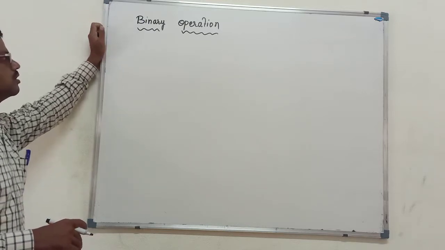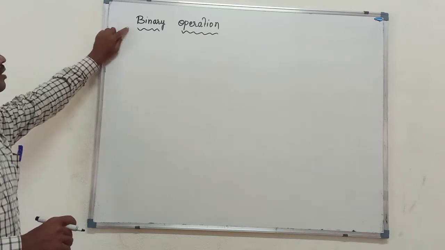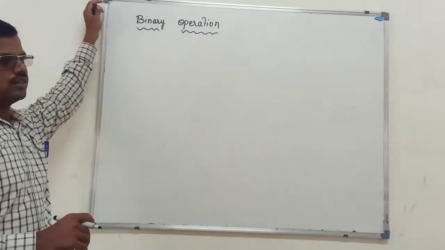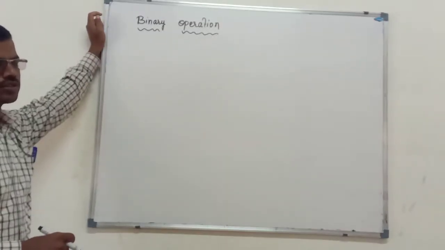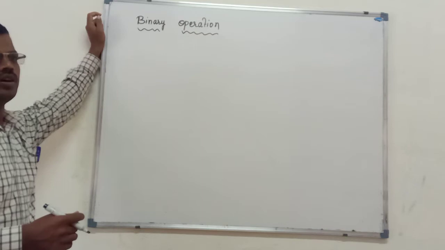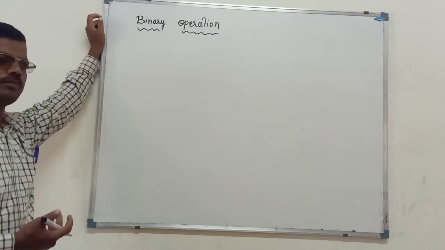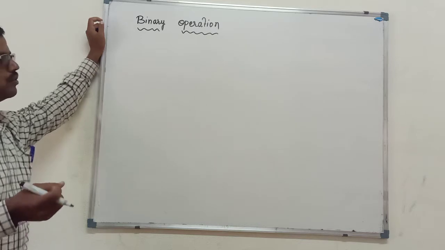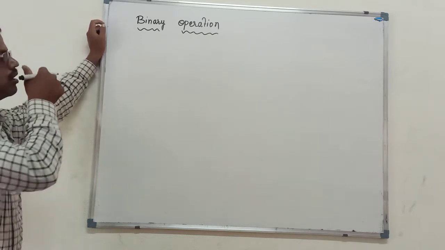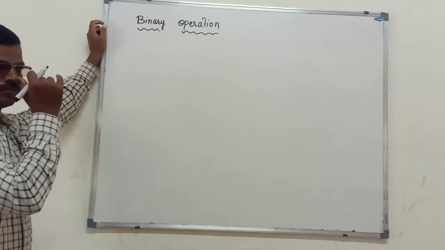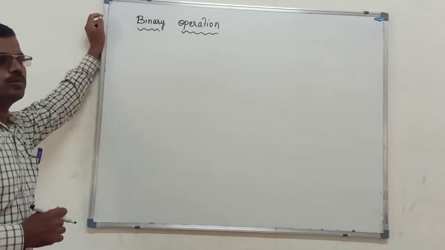Next we come to the last part of relations and functions, very important, binary operation. From this part we have a possibility of getting questions for 3 marks or maybe for 1 mark or 2 marks. So that may be the choice. Almost always from this chapter we get 1 and 2 mark questions from binary operation. So let me discuss what we mean by binary operation.